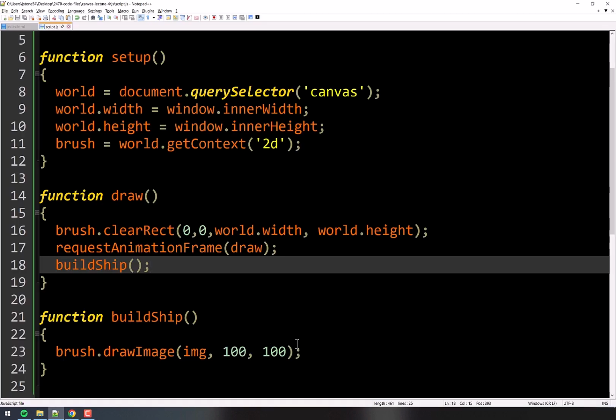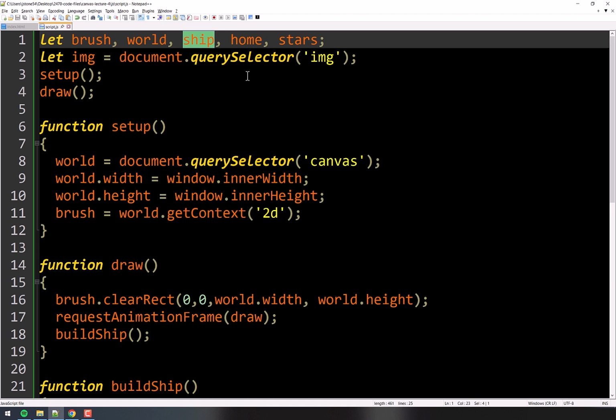But now let's see if we can figure out how in the world we're going to get this thing centered at the bottom. Okay. Well, there's lots of things that we know about this ship, or that we're going to need to know as we build it. We need to know its X position because we're going to be moving it around the screen. We need to know its Y position. We need to know its X speed and its Y speed. We might need to know its height and its width.